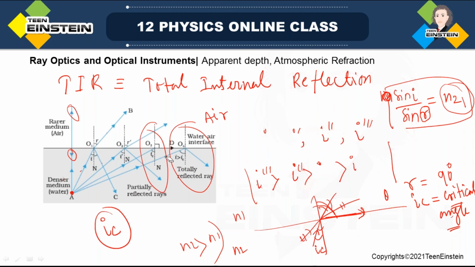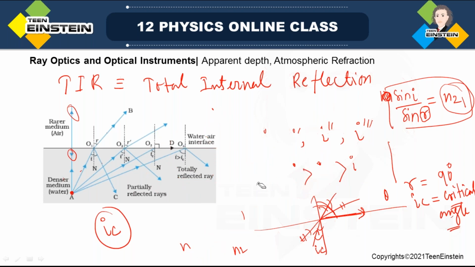But if you go beyond that, there will be no refracted ray. What will be there? There will be a reflected ray. That means the ray which has an angle of incidence greater than the critical angle